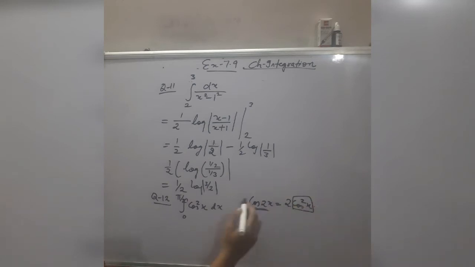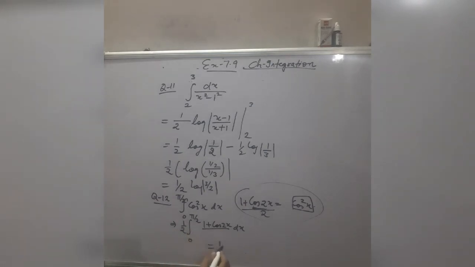This minus 1 comes on this side, it becomes plus 1. This 2 also comes on this side. It means by using the trigonometric formula, cos square x is equal to 1 plus cos 2x by 2. So using this formula, this integration remains as it is, because we are not integrating it, we are just using the formula of cos square x. In place of cos square x, I have written here 1 plus cos 2x by 2. Now this 1 by 2 is a constant term, you can take it common.